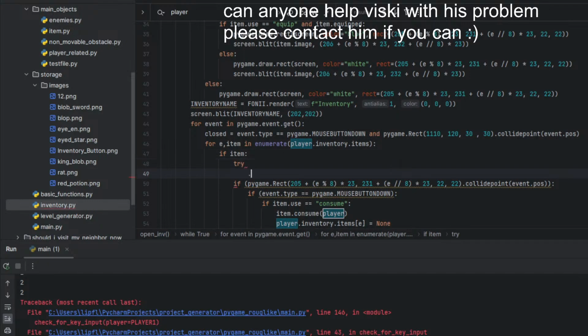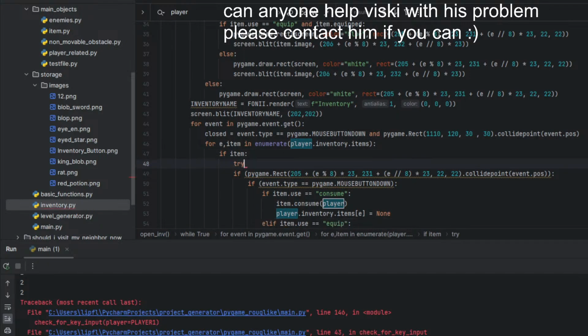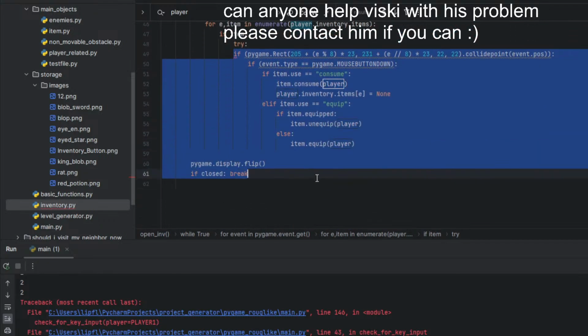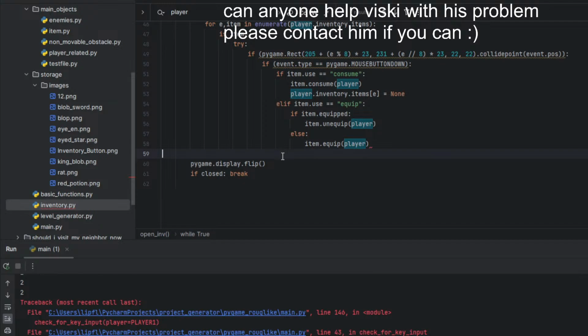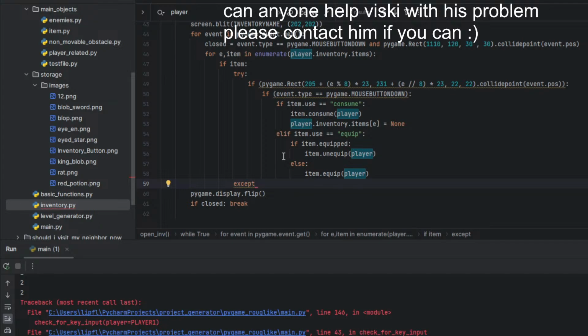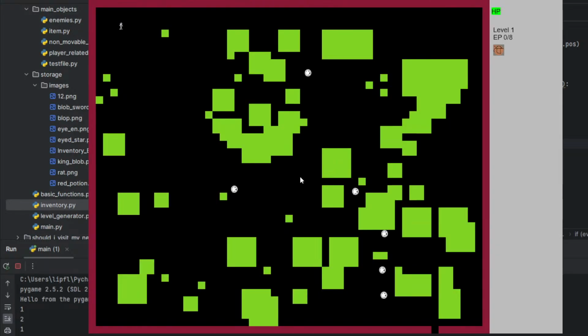This is a perfect example of a try, I guess. Try, except attribute error, pass.